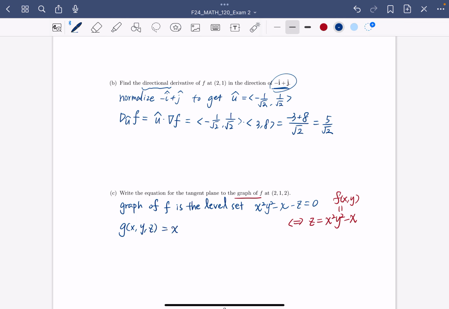We didn't do anything right now, we just copy the function from this equation. So gradient g is 2xy squared minus 1, 2x squared y, minus 1. This is the normal